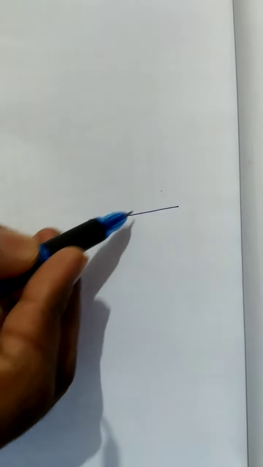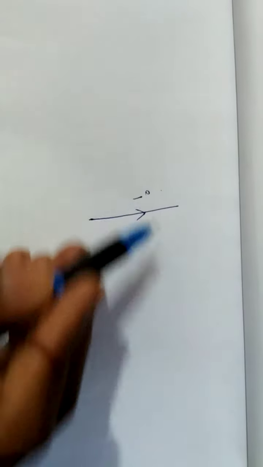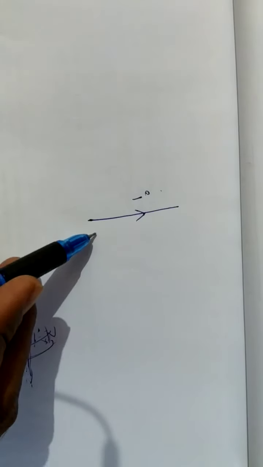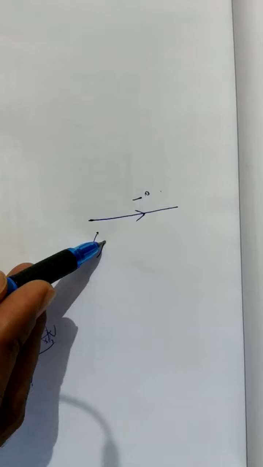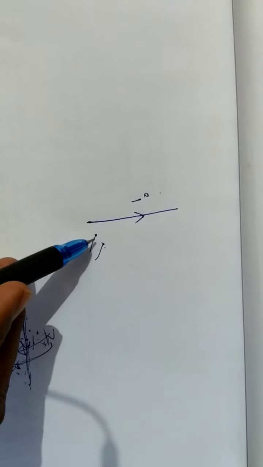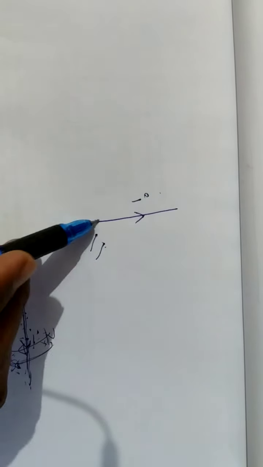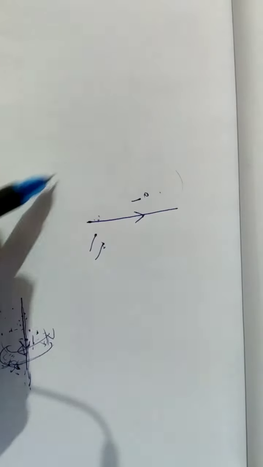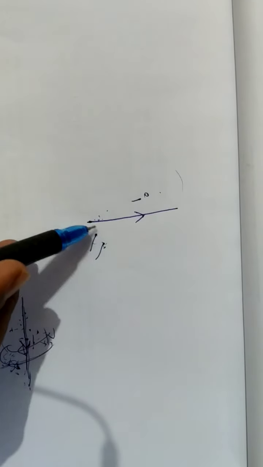In your lower classes you have studied that suppose you have an electric wire which is a current carrying wire. It is carrying a current I like this, and you put some tiny pins here, and these pins attract to this wire. When current is allowed to pass through this wire, these pins are attracted towards it.